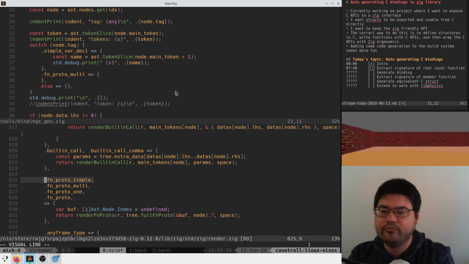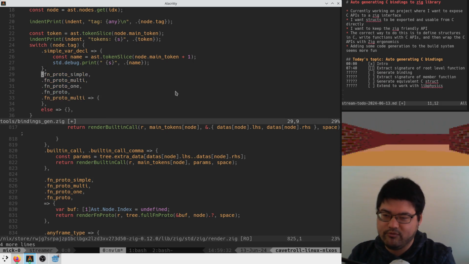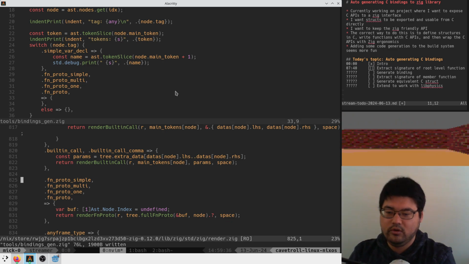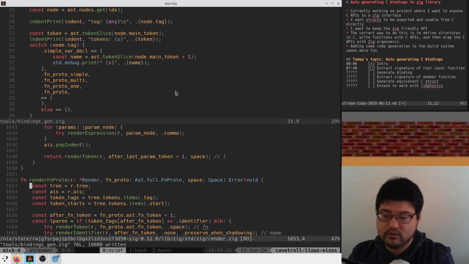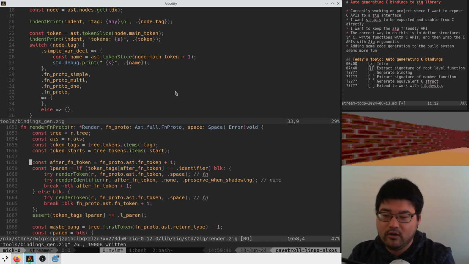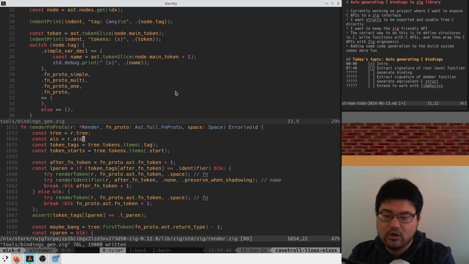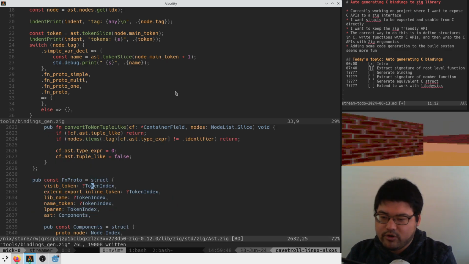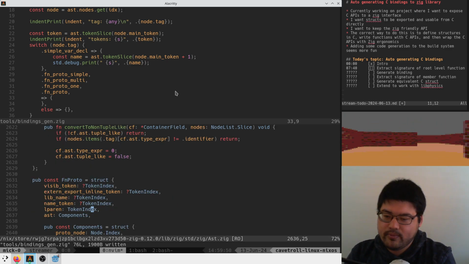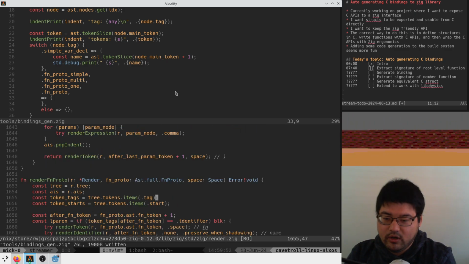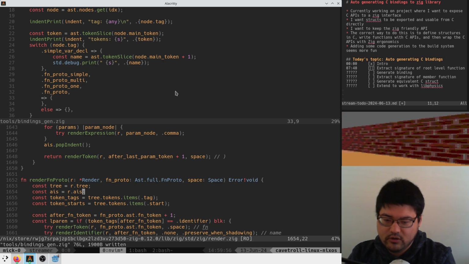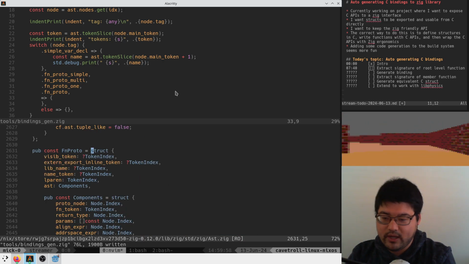Here we go. So I guess probably if they're doing this, we should probably also do this. And here we can just look at what they do. So they look at the function. They create this function proto. And then they just look at the components, sure. Function proto AST